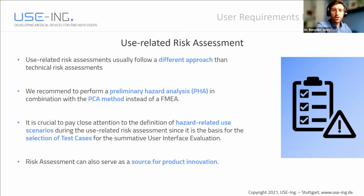You probably all know the FMEA methodology, and probably most of you are using it for your risk management or risk assessment. We personally recommend to perform another methodology, the preliminary hazard analysis, PHA, in combination with the PCA method instead of an FMEA. Why do I recommend that? The thing is that